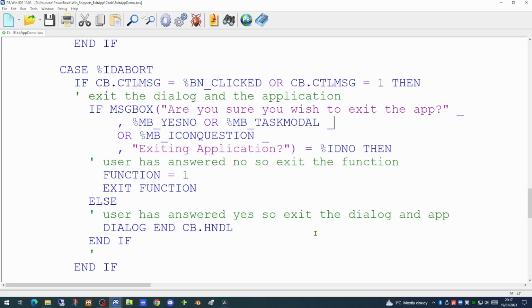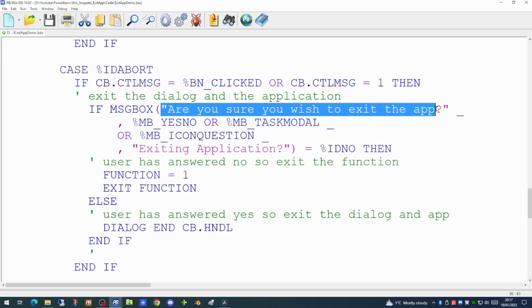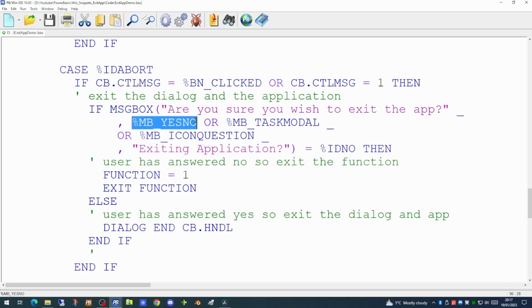So we've added some code in the event that picks up when the user has clicked on the exit button. We're using the messagebox function to ask the user, are you sure you wish to exit the application? We're then giving it three constants. Yes or no, because we want a yes and a no button on the message box.